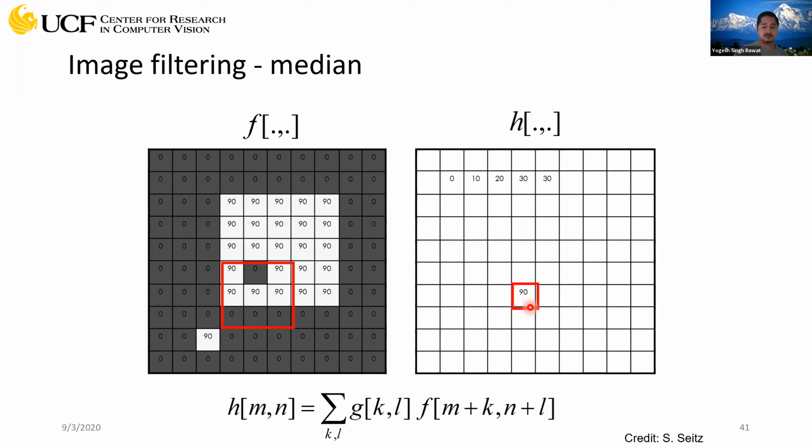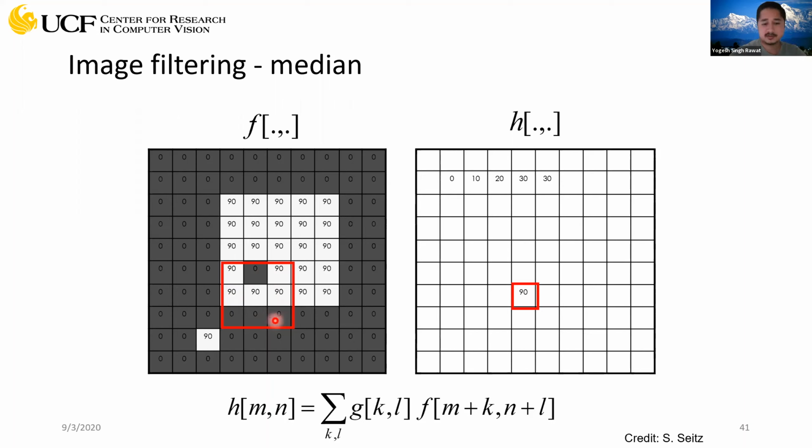Now, what's the difference between this and mean filtering? Mean was trying to do some kind of averaging, but this is not exactly averaging. It's trying to find something which is close to average. What you can observe here is, since most of the pixels were 90, and if there was some noise, and the noise could be zeros, the number of 90s you have is more than the number of zeros.